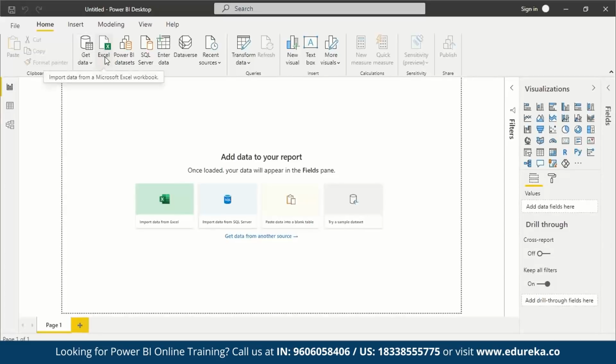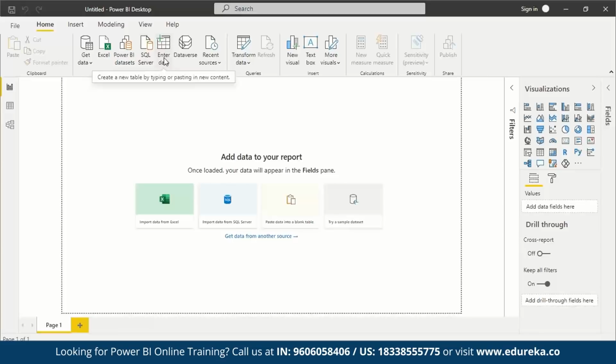Okay. And you can also import data from a Microsoft Excel workbook. You can create a live connection to data sets in the Power BI service, that is the cloud service. You can also obviously import a SQL Server database, which is really important. Most of the organizations work on SQL Server, so importing data from SQL Server might be a very common option when you're working on Power BI. So they've just given a separate icon to import data from a SQL Server database.